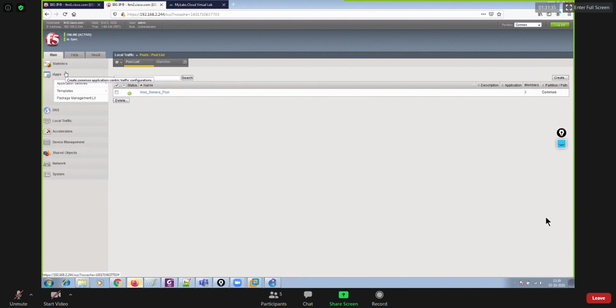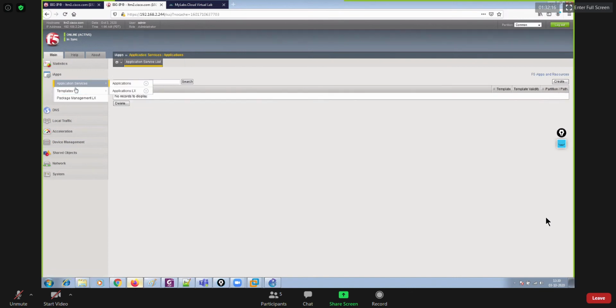iApp is kind of an automated tool of deploying the application, and this is something which is recommended by F5 to deploy. They recommend to use this iApp for the application deployment purposes. Let's say you have a website, you want to host that over your BIG-IP. So host your virtual servers using iApp, because if you are using iApp, it will use some predefined templates, and that template contains predefined best practices from F5 itself. So if you go to iApp and let's say you have application services, right?